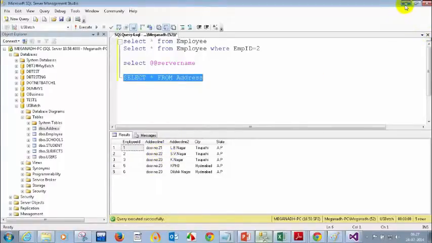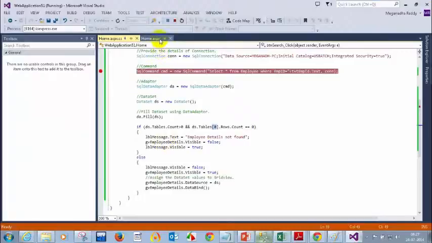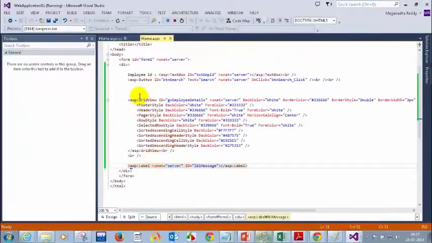So now our goal is, let me add another grid view. Here we'll put a header tag h1 or h2. Let's not put h1, it will be bigger, so h2. Then I'll put here employee details, and then I will add another grid view.